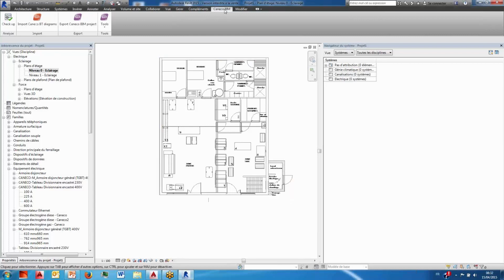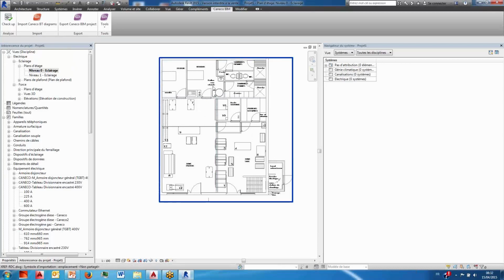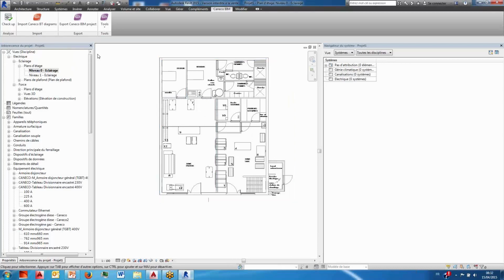You have a new ribbon called Caneco BIM, and Caneco BIM makes you check the installation that you create. So in this project, when we create the electrical system, Caneco BIM proposes to check if everything is well done before